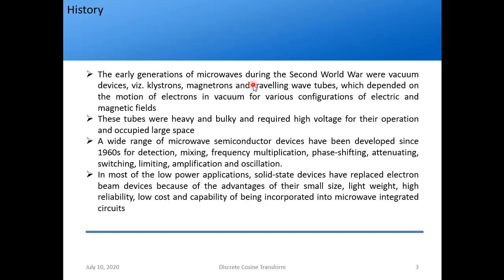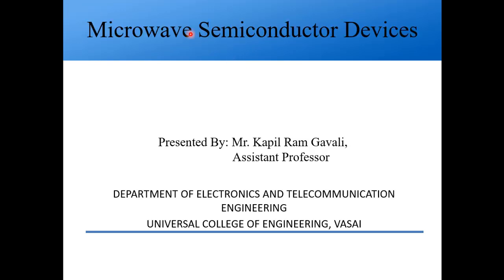So, what I was saying is why we go for this module: microwave semiconductor devices, since they are obviously semiconductor devices, are very compact and light in weight, right? That is the main advantage of these semiconductor devices. They perform the same operation as microwave tubes, okay? But what is the disadvantage of microwave tubes? As you saw, they are nothing but sort of waveguides.